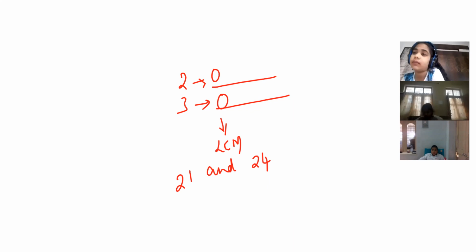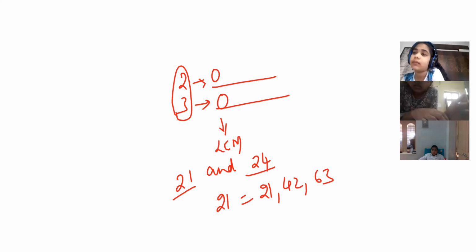Here, for simple numbers, for one digit numbers, it is okay to find in this manner, which I have told you before. But for two digit numbers and more than two digit numbers, it is not always possible. It is not that easy as we have found before, right? Taking the first 10 multiples of 21 is a big process. 21 ones are 21, 21 twos are 42, 21 threes are 63. Like this, you may get bigger numbers and it is not always possible. For that sake, we have another method to find out the LCM.